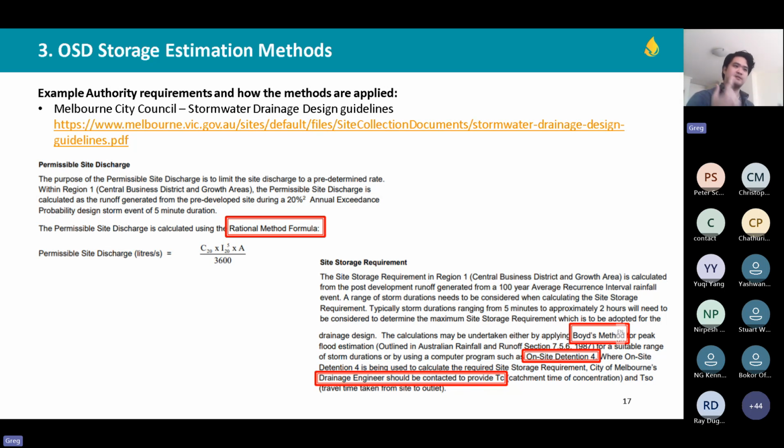Because the method is based on the entire catchment's time of concentration, not just your site, and it's typically difficult to perform that kind of analysis, especially if you're just doing a two-lot dwelling, right? So typically the councils in Victoria have been onto that kind of analysis, and we should be able to get